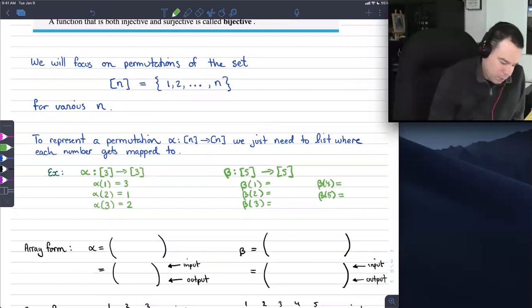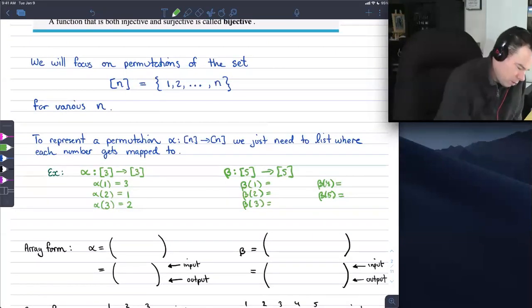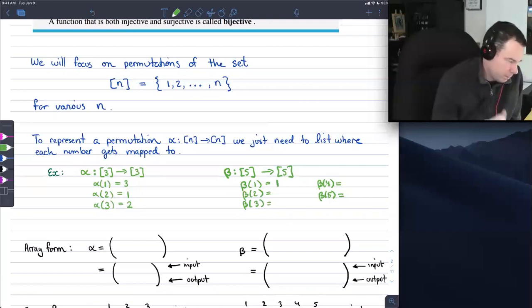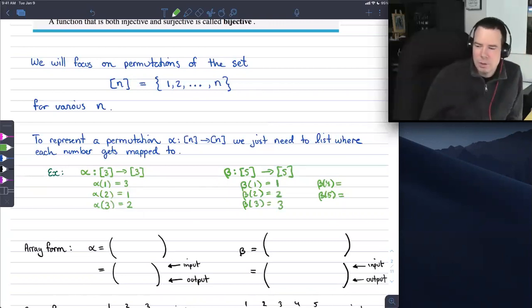So where can 1 go? Well, let's just write down an arbitrary example here. So maybe 1 goes to 1. That's fine. It can go to itself. Maybe 2 goes to 2 and 3 goes to 3. Sure, they all go to themselves. The